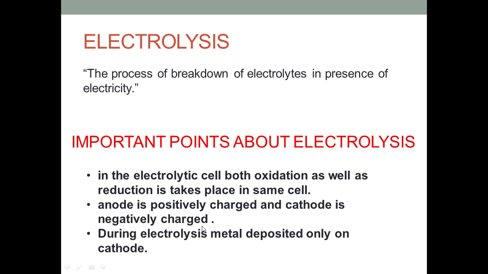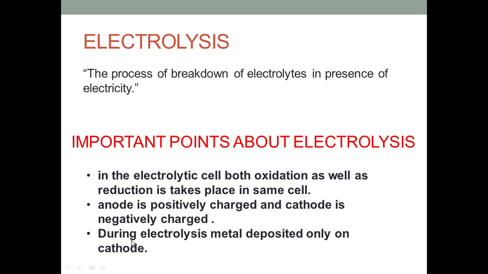The second point is, in the electrolytic cell anode is positively charged and cathode is negatively charged, but the polarity is reversed in case of the electrochemical cell. Why do I discuss this here? Because these are the differentiating points between electrolytic and electrochemical cells. In case of the electrochemical cell, anode is negatively charged, and we also made a trick there, that is LOAN: Left Oxidation Anode Negative. That trick is valid only for the electrochemical type of cell. And here the polarities get reversed.